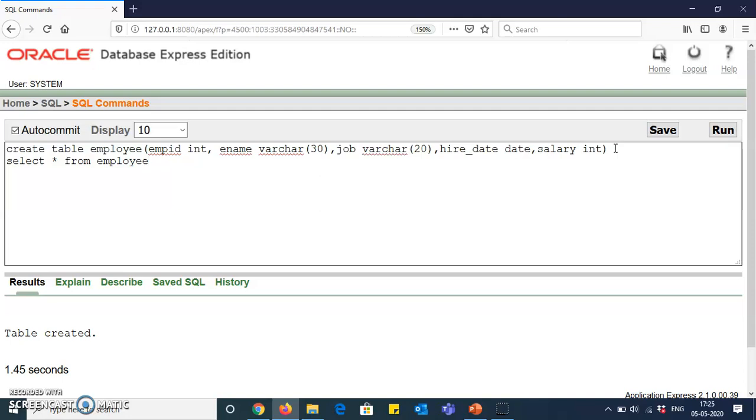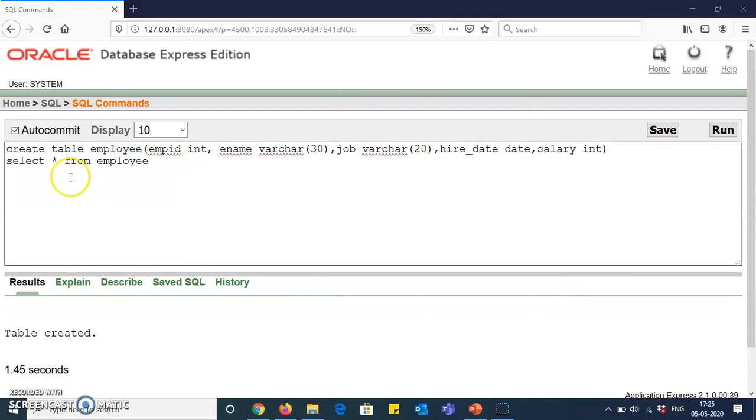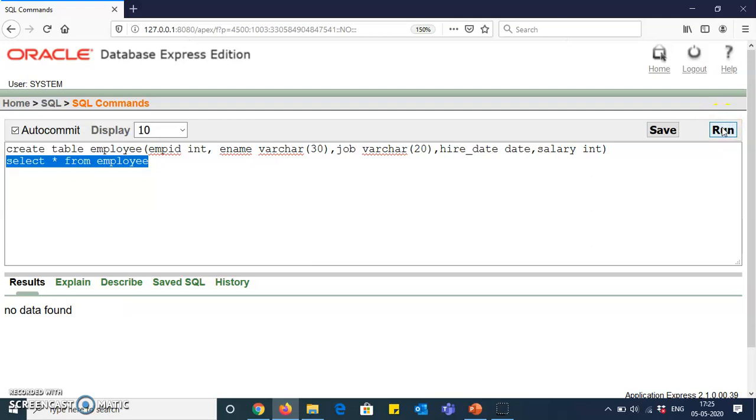What is this select star? This star means you're displaying all the rows which are present in your table. So if I select this statement and click on run, you can see no data found because right now I have not inserted any data into this table.